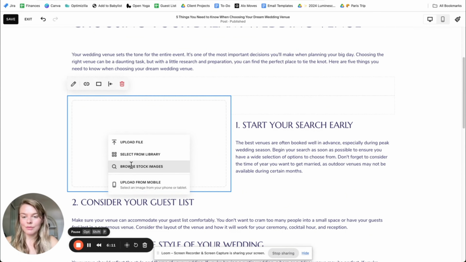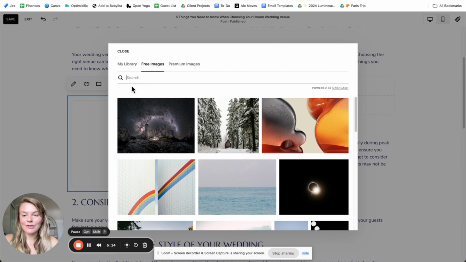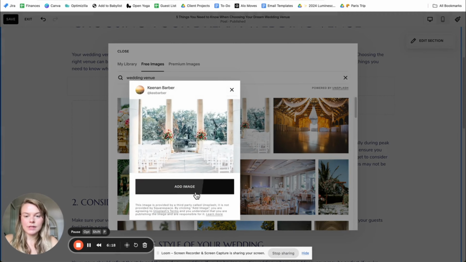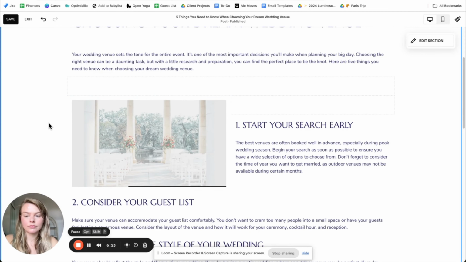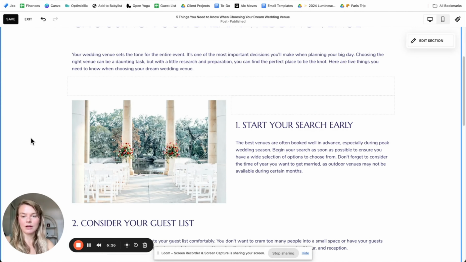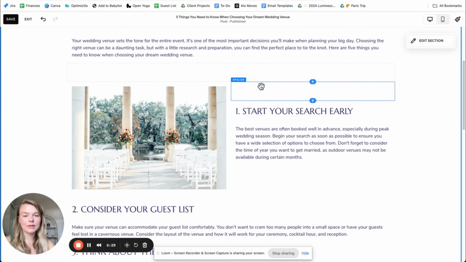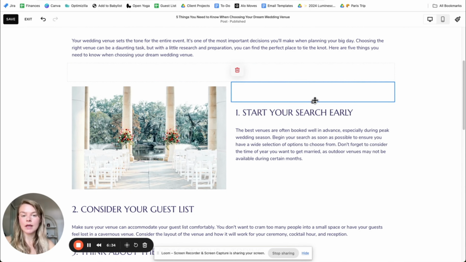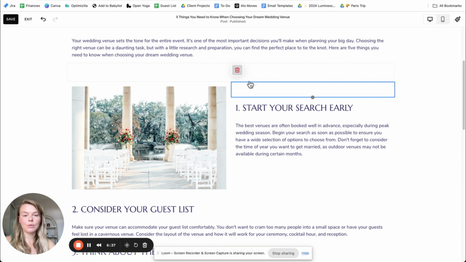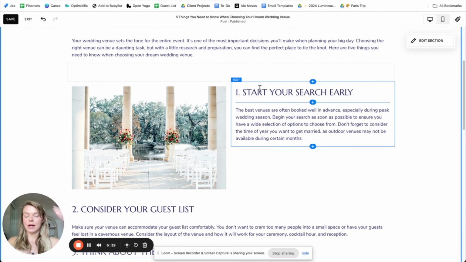And real quick, I'll go find a wedding related stock photo. Let's just pick this stock photo of this particular wedding venue. And voila, there it is. Feel free as well, you can adjust the spacing here. If you added a spacer, if you didn't want a spacer at all, it would just automatically snap to the top of that